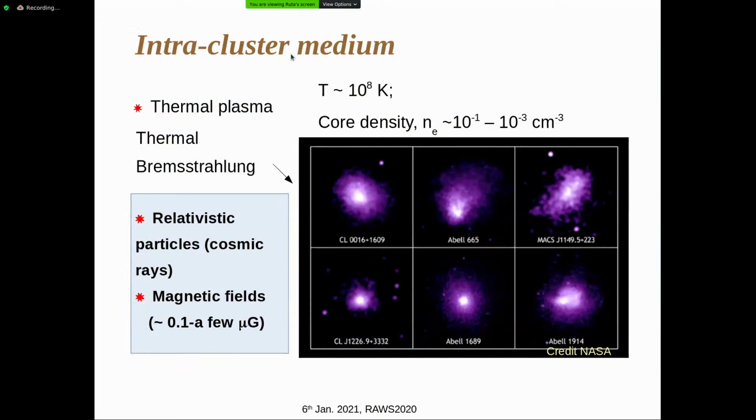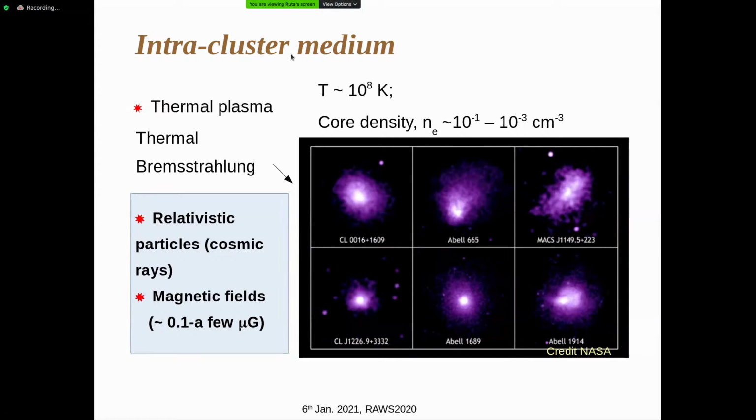So this intracluster medium, although it is very thin, is still a very huge system. Just like we can detect the neutral hydrogen line because of the sheer number of hydrogen atoms present in our universe, similarly, these systems are very large, and although this plasma is very thin, there is so much of it that we still do detect it with our telescopes. So this intracluster medium is basically diffuse gas which pervades the space between the galaxies in a galaxy cluster.